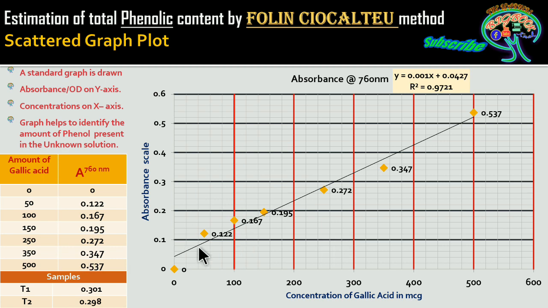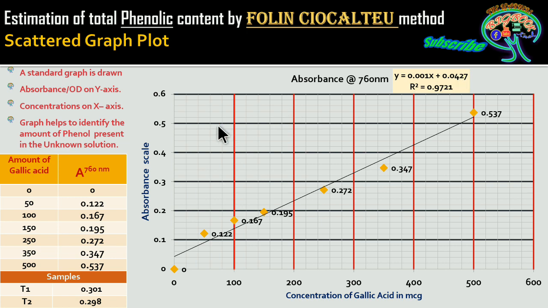Whatever values we got have been put on the graph with the help of a scatter plot. Even you can put these values on any line graph, but after that you are supposed to develop the regression line. This regression line is going to generate a value with the corresponding style of